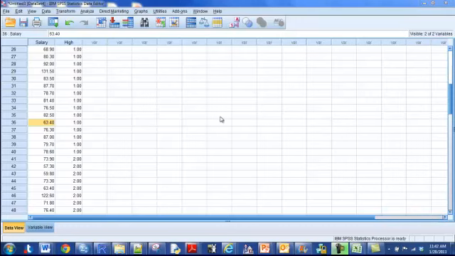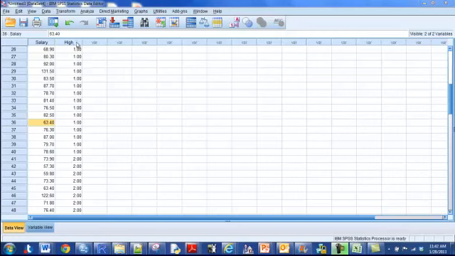In this video, I'm going to talk about the Explore function on SPSS. This will give you a lot of descriptive statistics if you tell it to divide it by a group, and also give you box plots, stem plots, and histograms. So in this data set, what I have is salary after employees have been on the job for 5 years,